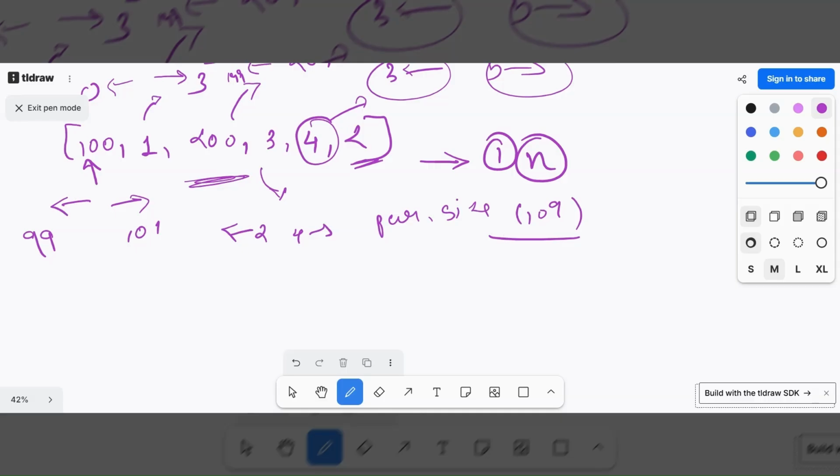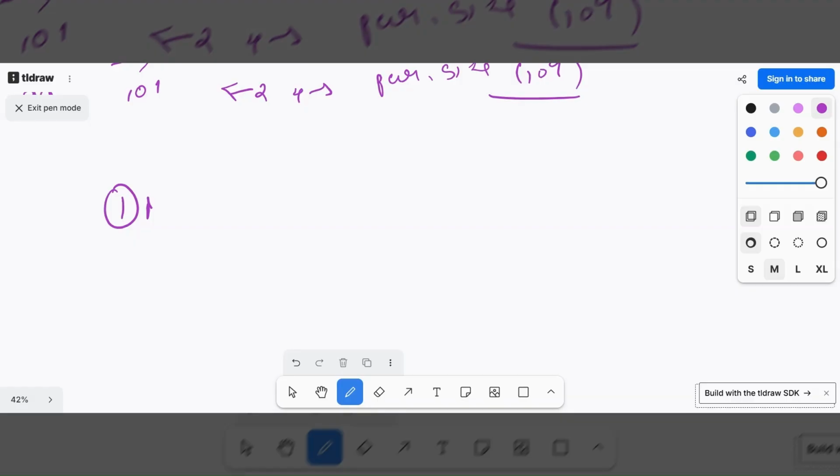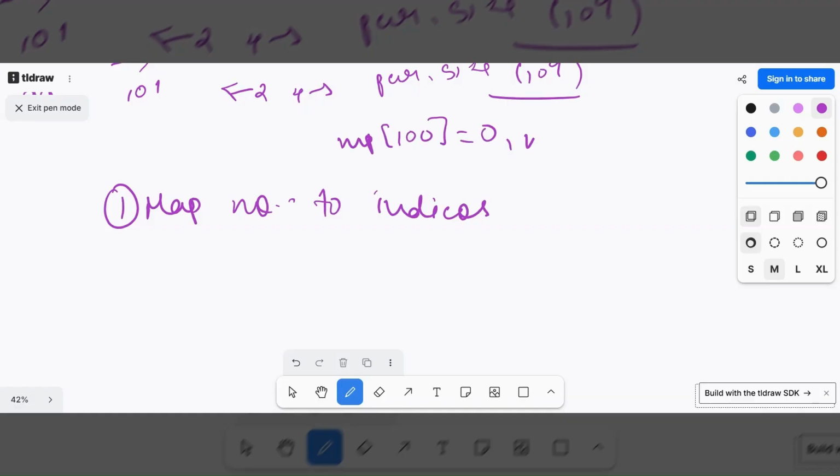So what we will do? We will convert these numbers into indices. So we will map these numbers into indices first. So our first point is map number to indices. That means map of 100 should be 0, map of 1 should be 1, like that.